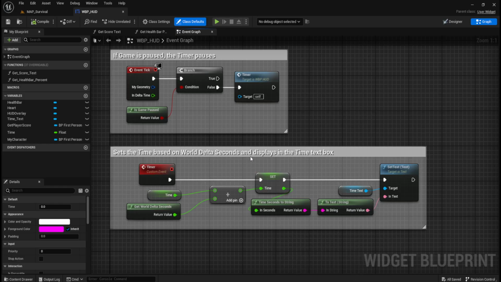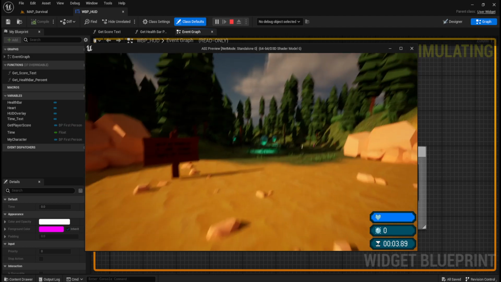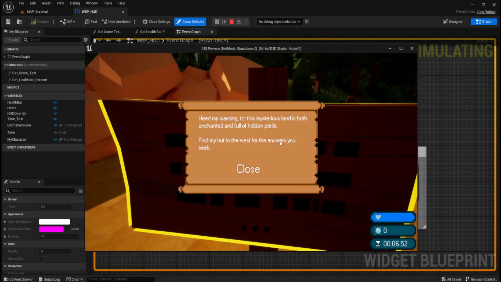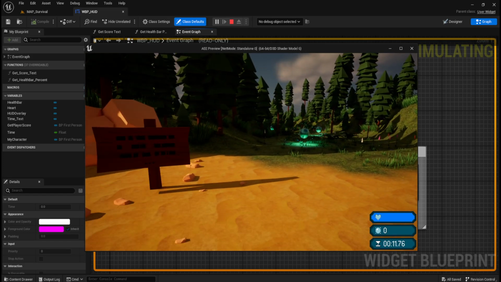In Unreal, it sets the time based on the world data settings, displays it in a box. And I can show you that in action. Look, see that? You see at the bottom right there? You see how it's displaying it in milliseconds? That is literally what I want in Unity. I did that, I got that sorted, and that's all I want. I just want that really nice minutes, seconds, milliseconds. That's what I want.